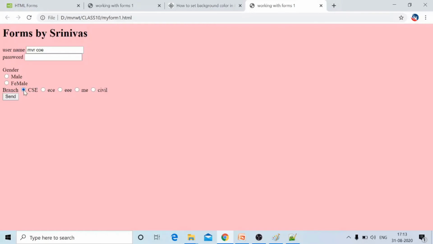Next, we will see about checkboxes. Checkbox type, input in HTML. The next input type is checkbox. We will see working with checkboxes in HTML forms. Now my requirement is to select my hobbies. With a radio button or option button, it is possible to select only one value among multiple items. Now I want to select hobbies. Hobbies means suppose my hobbies are chess, badminton, kabaddi or any other, reading newspaper or watching TV, like this. Among these I want to select some of my hobbies.